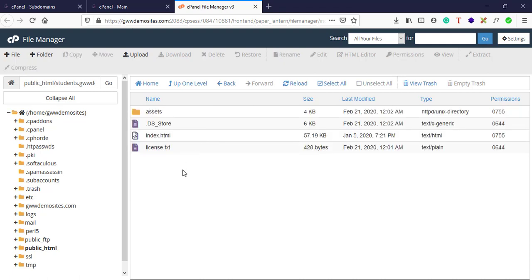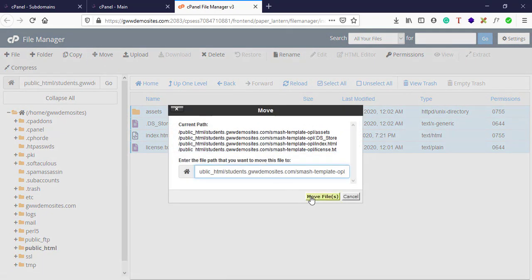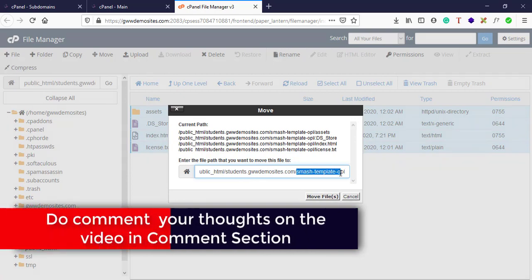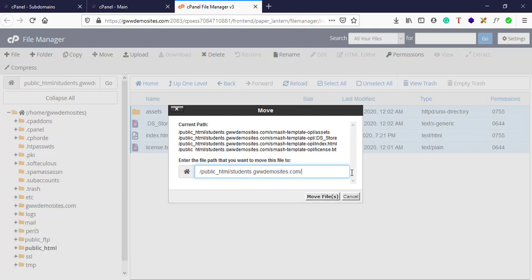We need to select all these files and click on move. We'll just move them up one folder. We want these files inside this subdomain, students.gwww.demosites.com. Move files.